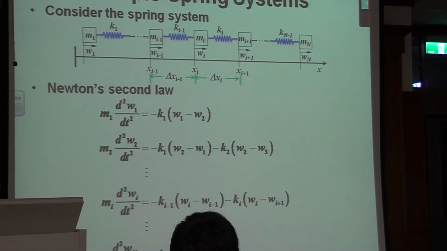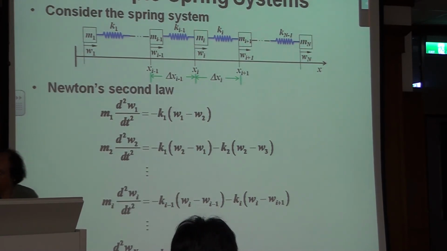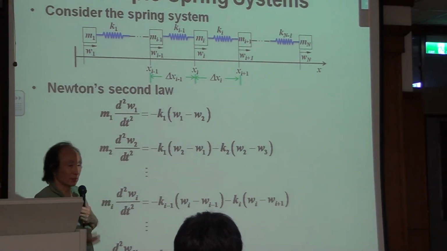If you look at this multiple spring system from Newton's law, and again, this W1, W2, W3, W4, they are absolute displacements. Because they are absolute displacements, it's easy to write this differential equation, and n can be 1,000, can be 10,000, can be 100,000. And if you model an aircraft, if you model a Boeing 747,